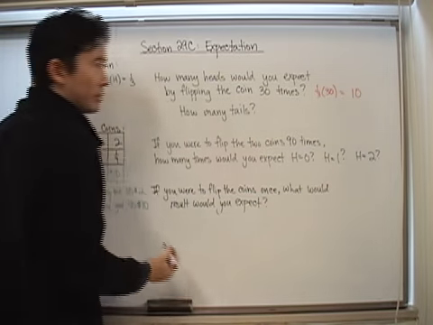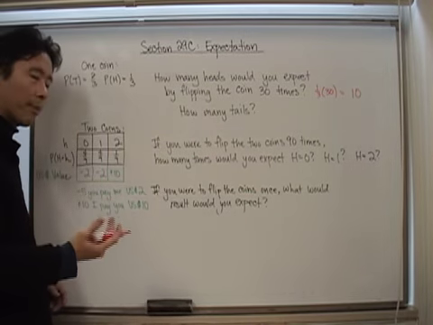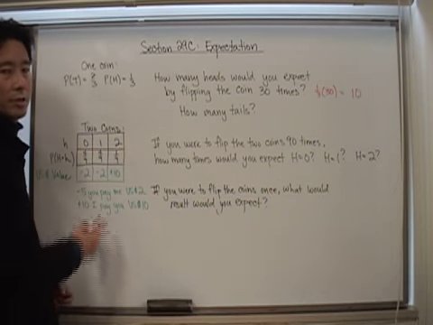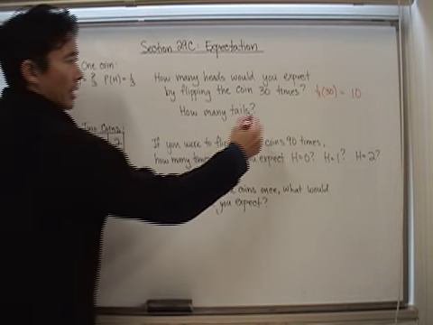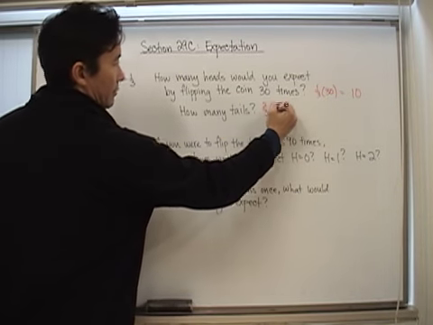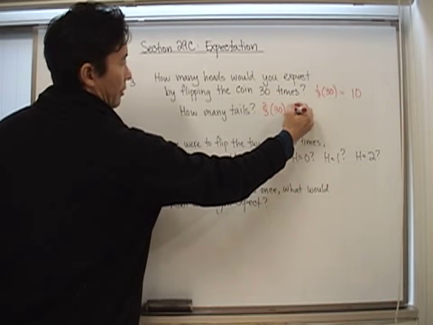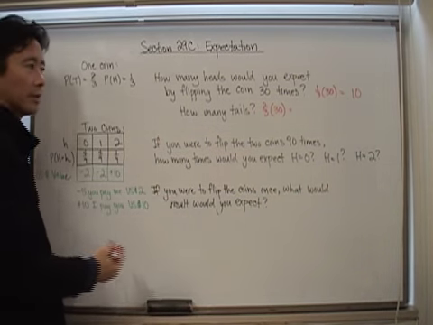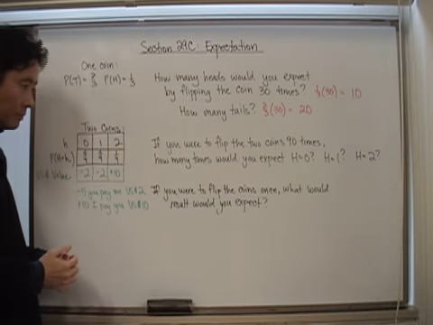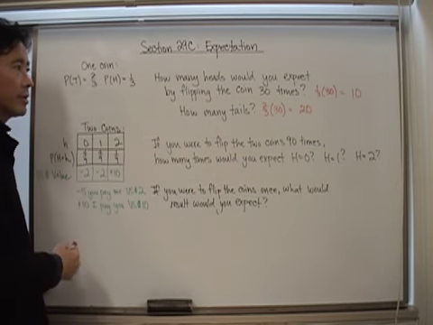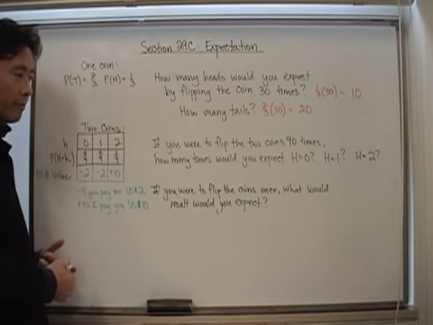So I'm hoping that intuitively you get a sense that there should be about 10 times that the head shows up. In the same respect, if we ask how many tails, I can say that 2/3 of the time, out of the 30 times that I do this event, I should come up with 20 tails. Okay, so very intuitive, and I hope that makes sense to everyone.